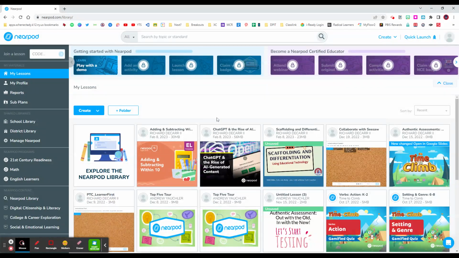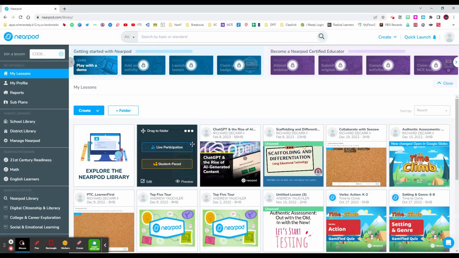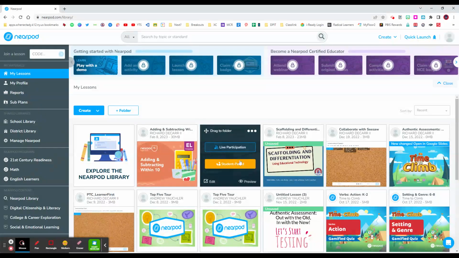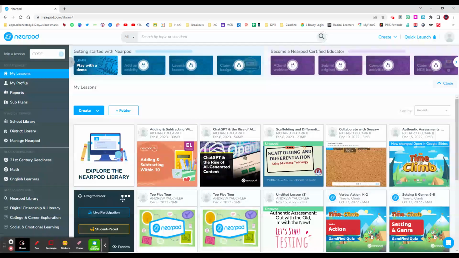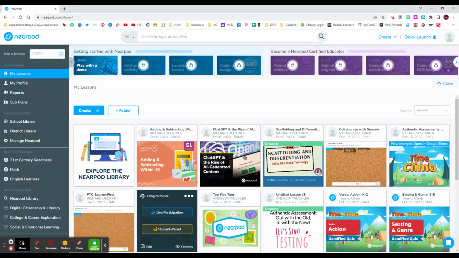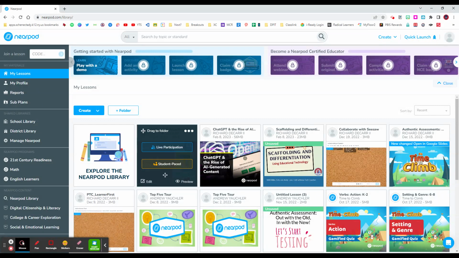So to do that, to create a second deck, you would find one that you either have created yourself or maybe you searched in the Nearpod library and you found one. But this one I found with adding subtracting within 10, I quite liked. So I'm going to click on these three dots in the corner here,